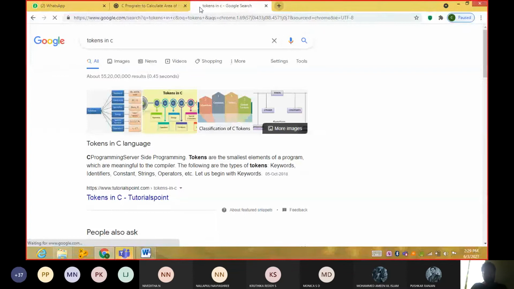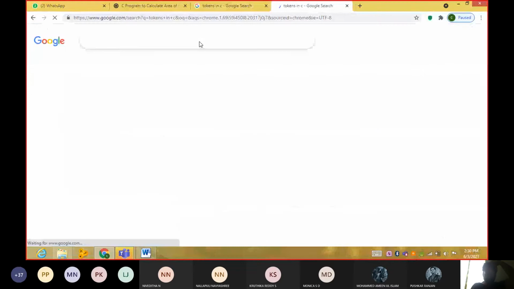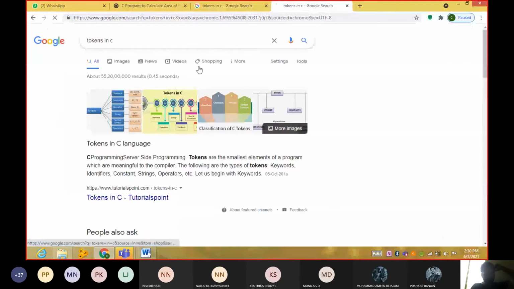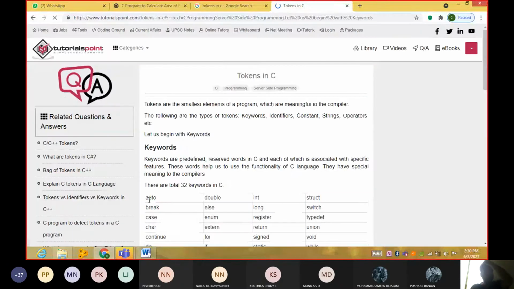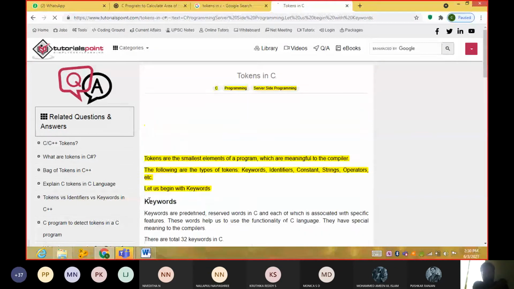You can go through this definition also. Just go through the different definitions, guys. You can understand better.